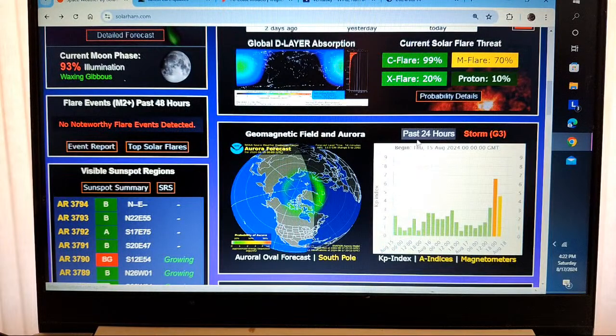But if they knew that there was a bigger object that was carrying the energy too, then all of a sudden you go, wait a second, that G1 could possibly be enhanced. That's what we talked about last night. And here we are, not even 24 hours later at G3. Quick little strike right there, already kind of tapering off. This already had repercussions. Look, when this shock wave